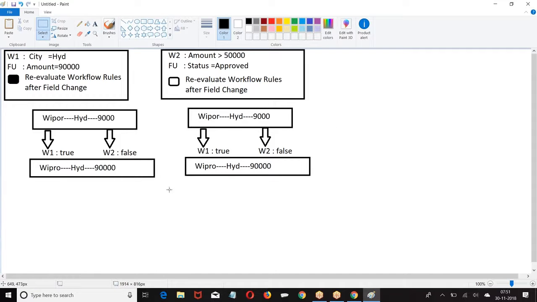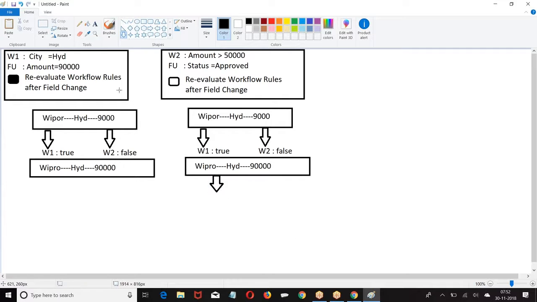If I enable this option, because of workflow rule number 1, if there are any changes on the record, then recheck the rules which are failed earlier.